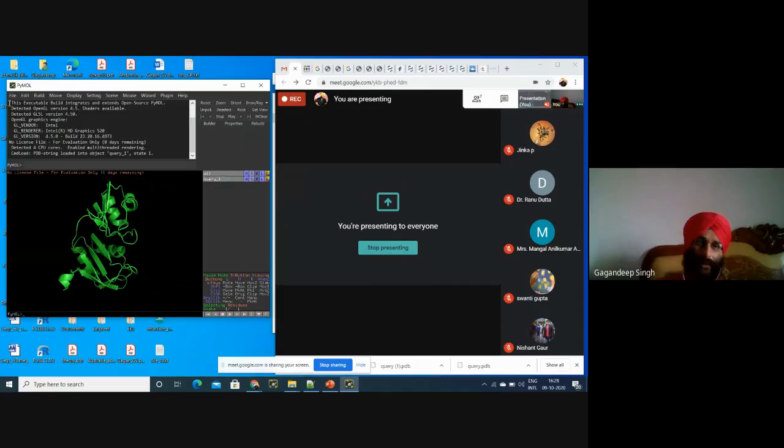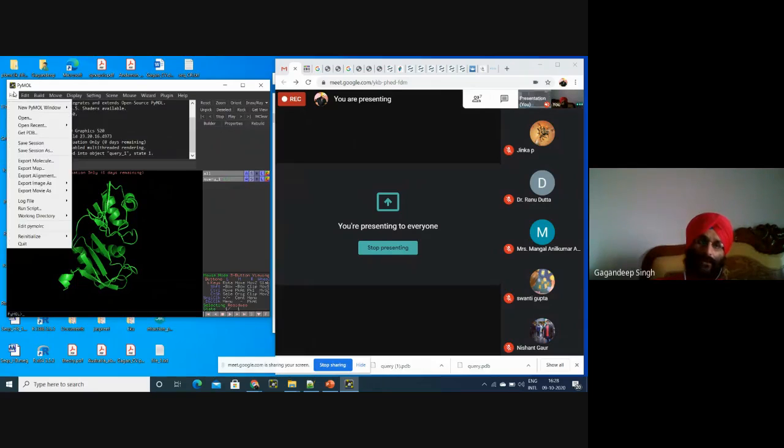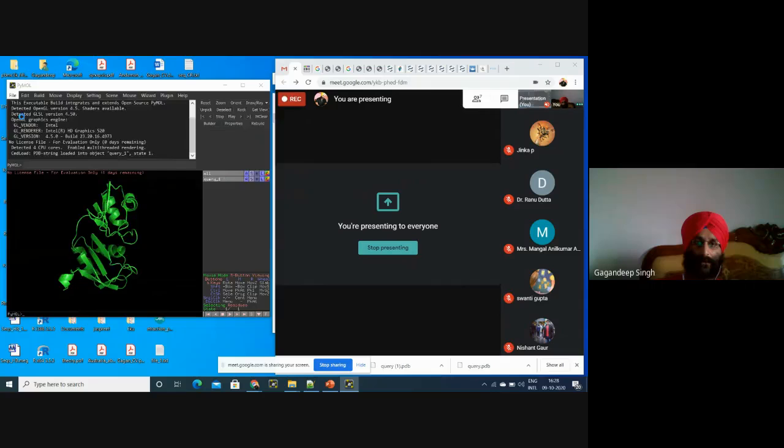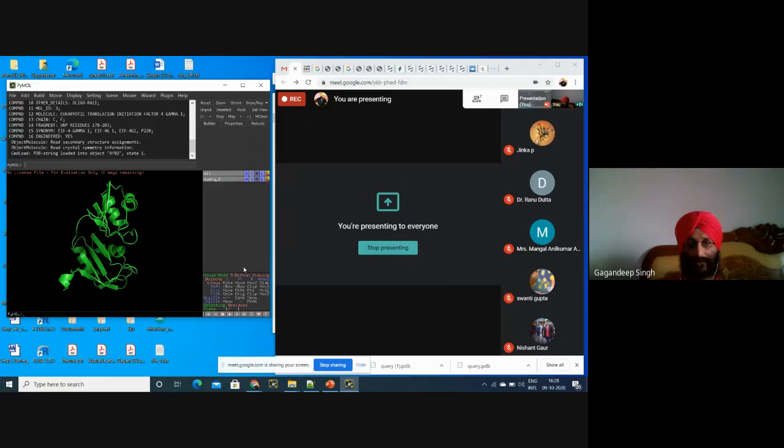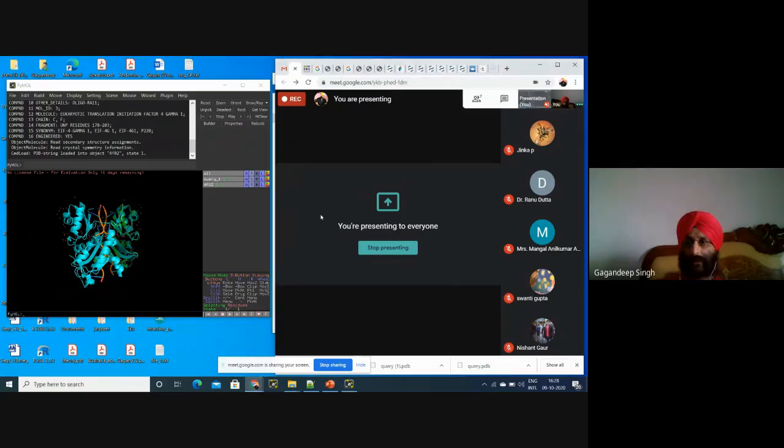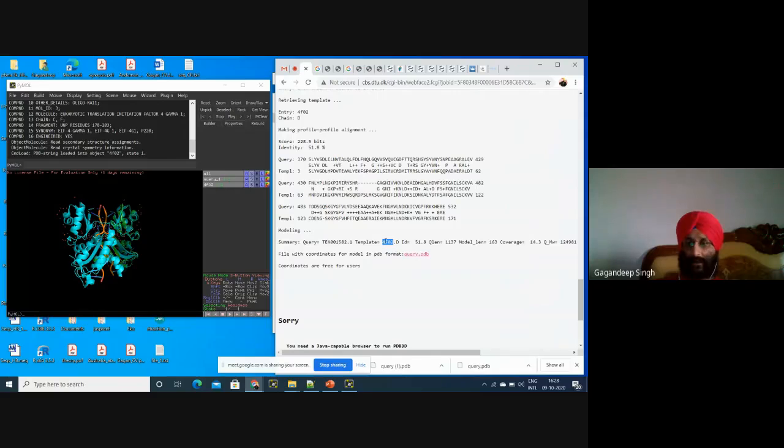Okay, again in this window only, we'll open the template of this structure. Now we know that in the CPH model, during template identification, this is my exact template 4F02, but the chain is D. That is why I told you, you should remember whether the chain is D, A, B, or C, whatever the chain is. But right now in this structure, the chain is D.